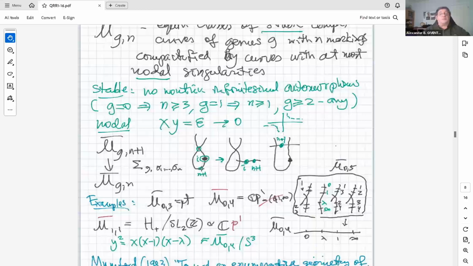So it looks like, therefore, that the fiber should be just the curve itself, except that the mark point is not supposed to be the nodal point and not supposed to be the other mark points, because a mark point is supposed to be distinct and non-singular. However, when you consider compactification, there is this n plus first mark point that tends to the i-th mark point, then actually